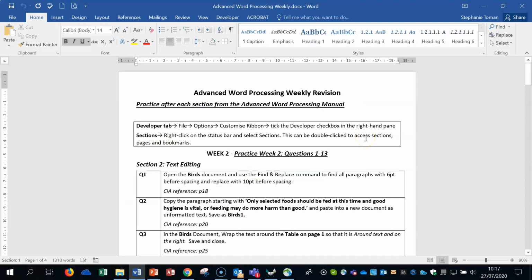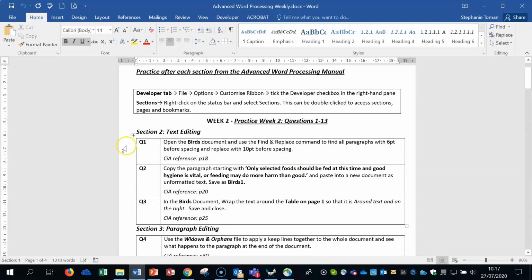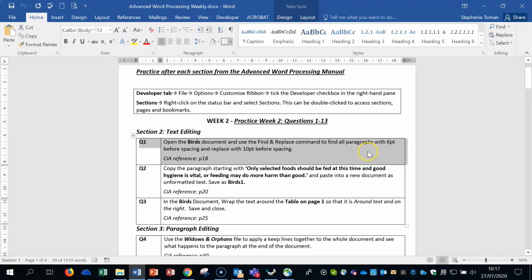So you can see here we're on week 2, questions 1 to 13, and what I'm going to do is read out the question, we're going to look at it together, and then we're going to go and see the demonstration of it. Okay, so we'll get started. The first question